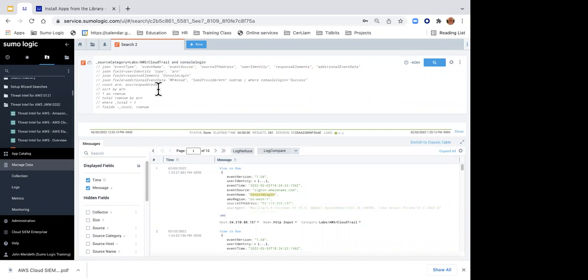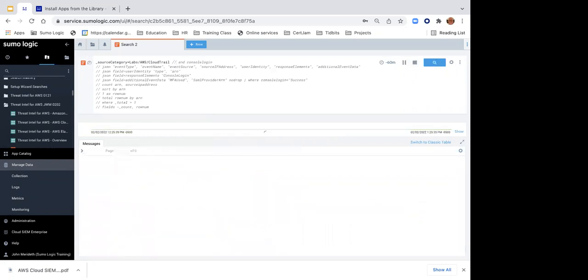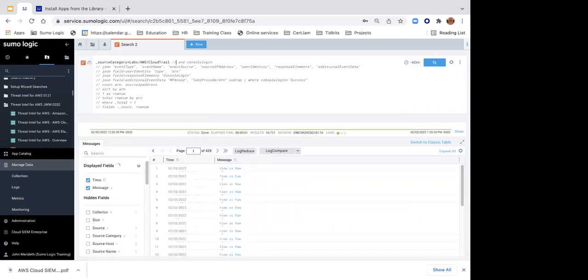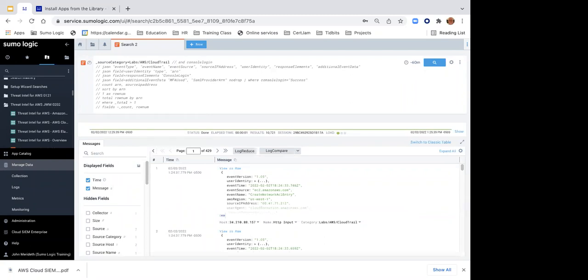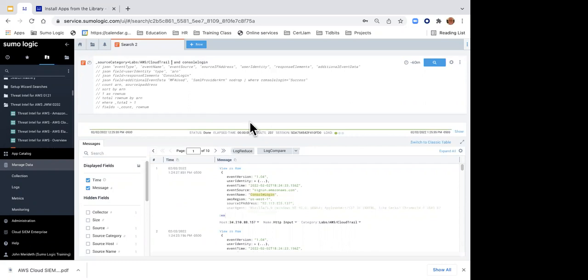So what I'm looking at here when I run this first line is my CloudTrail data, and I'm only seeing those that have console login in them. I only have 241 log messages over the last 60 minutes. Now, if I were to comment out the "and console login," you might see I have more log messages, because I'm not only seeing my console logins, but also maybe where I logged in through the API. So yeah, I'm up to like 10,721 messages. When I add the console login, that filters it down to only 241 log messages.